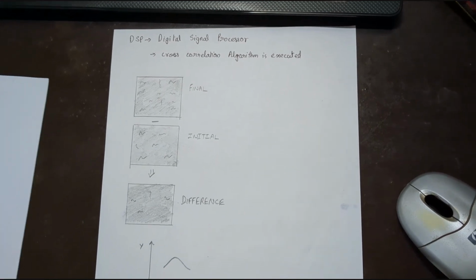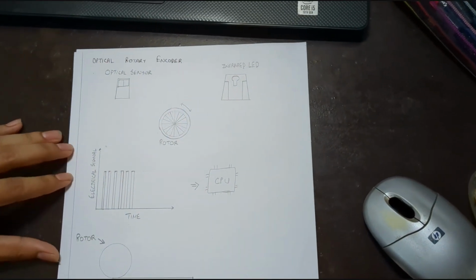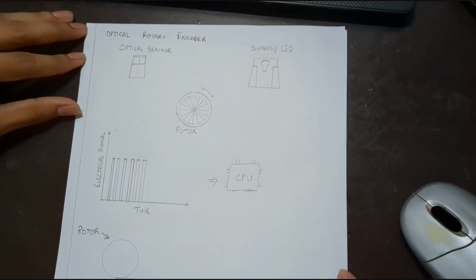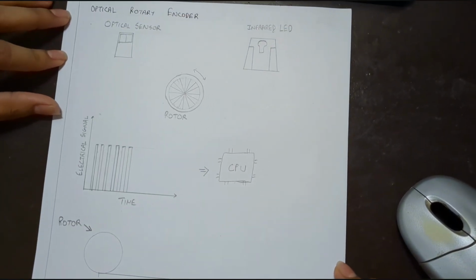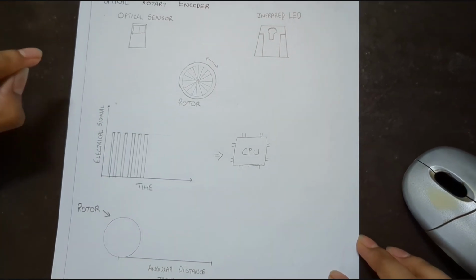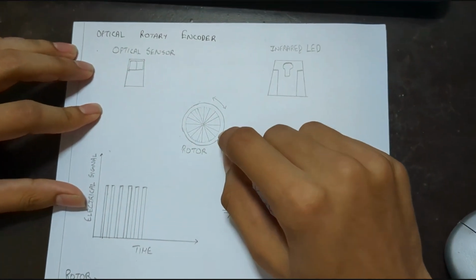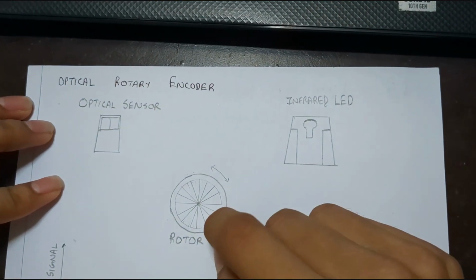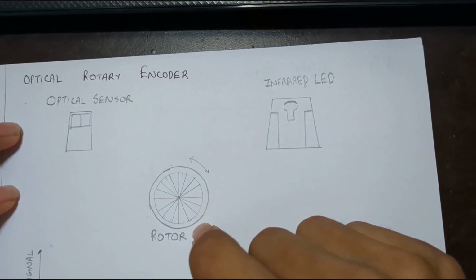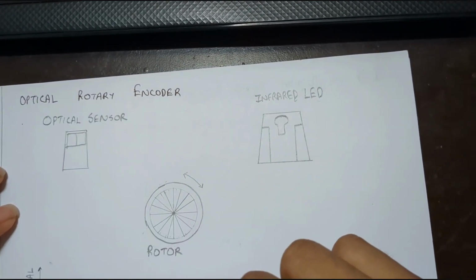Now, coming to the scroller or the rotor of the mouse. In technical terms, it's called an optical rotary encoder, which primarily consists of an optical sensor or infrared LED emitter and a rotor. Now, the rotor consists of equally spaced spokes, which determine the direction and the pulses, which are measured